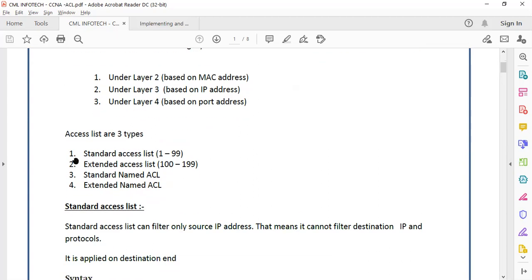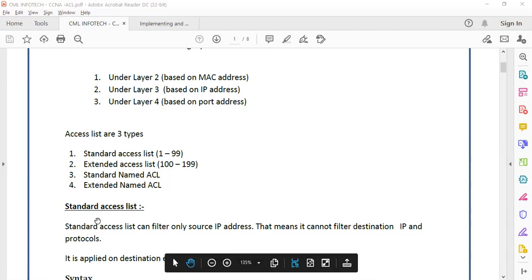Now we can discuss the standard access list. Before you perform any kind of access list, you need to make sure that you have reachability, because the access list is performed to deny your services. So before you deny your services, you have to make sure that your services are up and running. Your services are working first, then you can filter it.